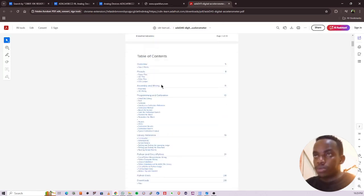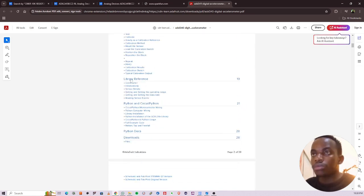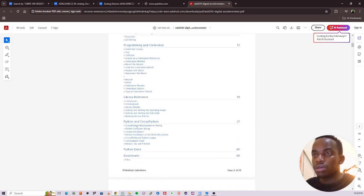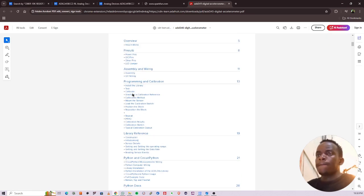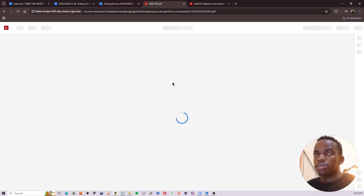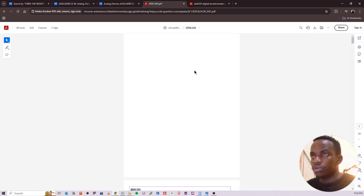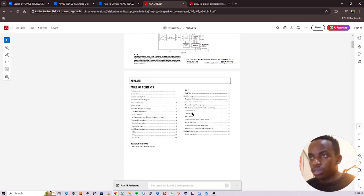Okay, it's taking some time to load, but let me look. I want the addressing. This is a breakout board, so they are just explaining how it works. Okay, let me see for this other one. Okay, this is the one I'm looking for. So I want to look at addressing